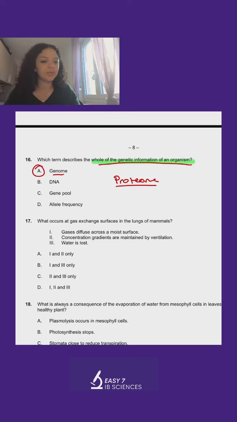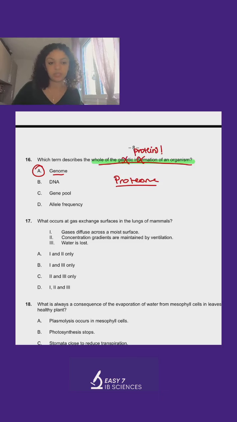All of proteins. Very good, guys. So you just replace the genetic information with proteins. So make sure you remember that definition, because you could get a question like this, and it definitely has shown up in the past, and it's been a repetitive question,